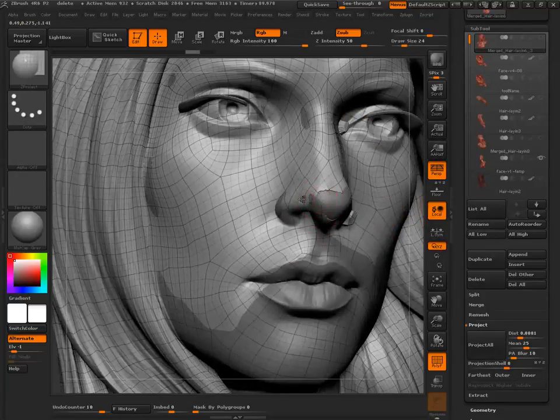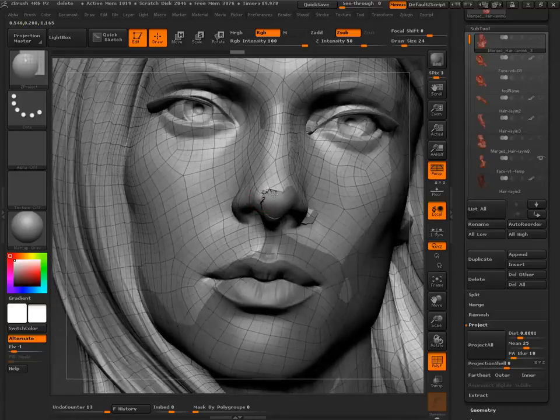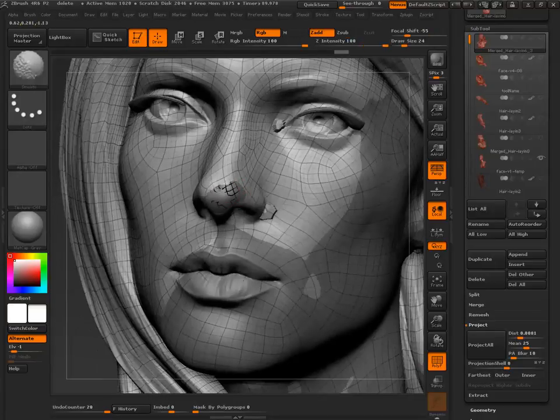Try not to make your draw size too large. And I'm pressing Alt to pull. Smooth and Alt. You want to think about smooth and Alt, using them in combination with each other and really small strokes.